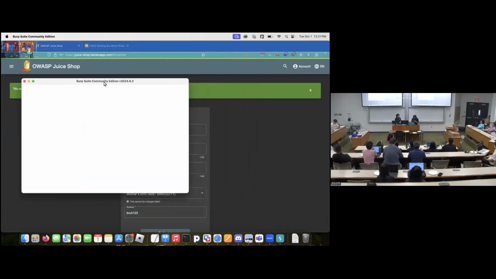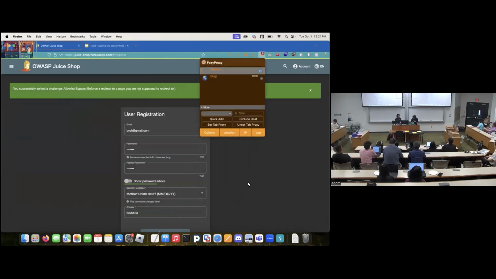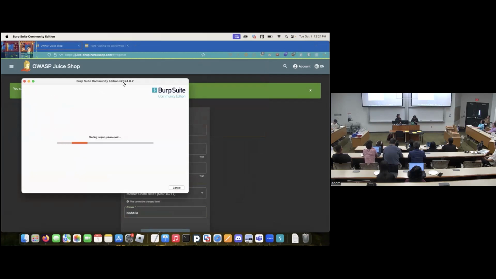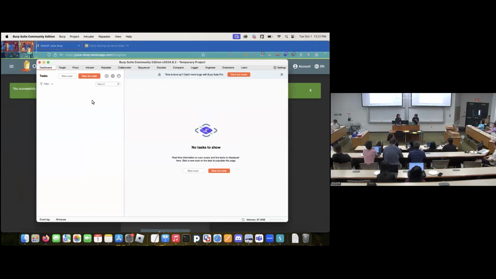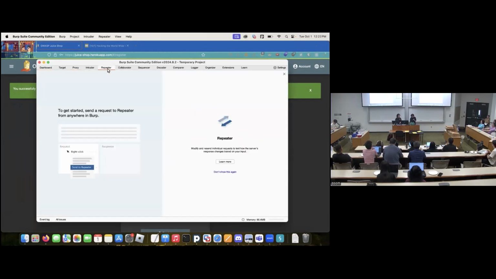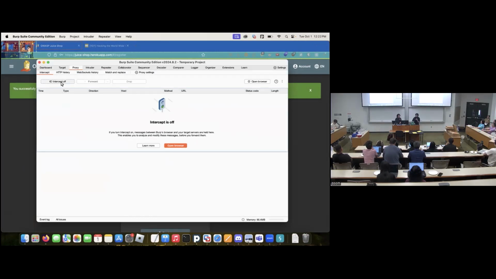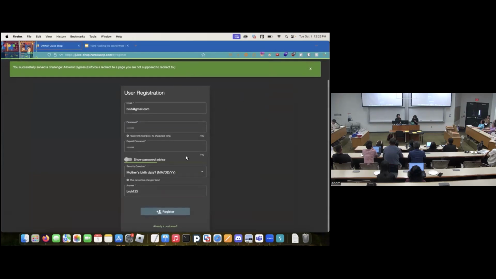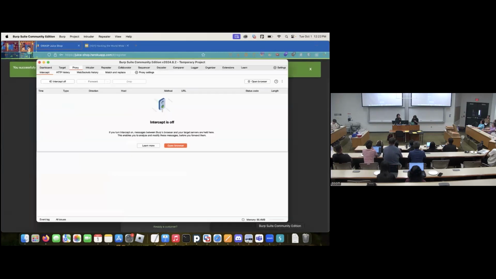While Burp Suite is kind of a long process to start up here, we're going to be covering two major tools of Burp Suite, which are your proxy and your repeater. The proxy is what's going to be able to intercept my web requests and allow me to modify them. So when I start a proxy on my server here, and I also